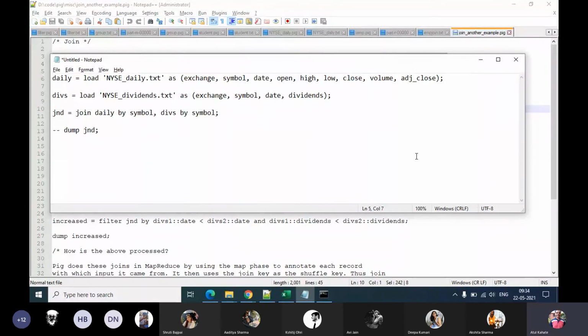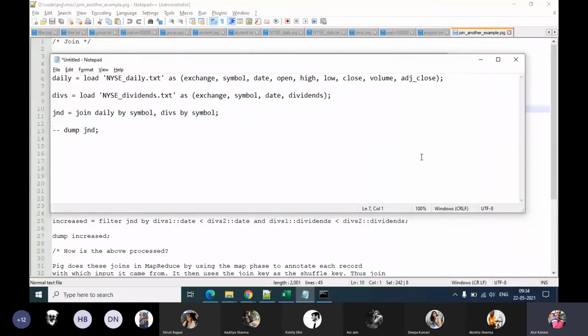Then we have this simple syntax where we say join the first relation, daily. Daily is the name of our first relation. By which column or field? symbol. The second relation, which is dividends, again by which column or field? symbol.